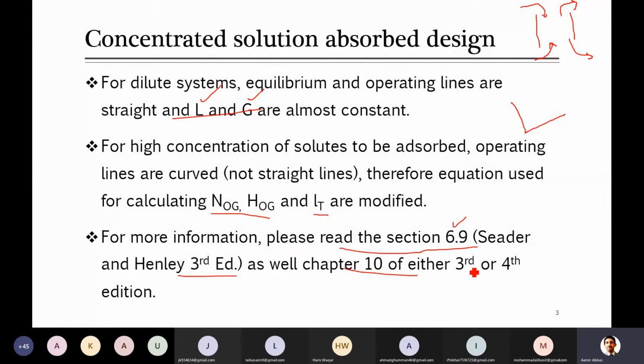In that book, I think chapter 12 or 13 is related to absorption, and he has discussed a number of correlations for when your conditions relate to concentrated solutions, and how you have to calculate these parameters and design the system. The reason I'm telling this is that yesterday some people were answering, why do you use this equation when it is not valid for your system. They were answering like, sir, these are the only two methods, these are the only two we have studied.